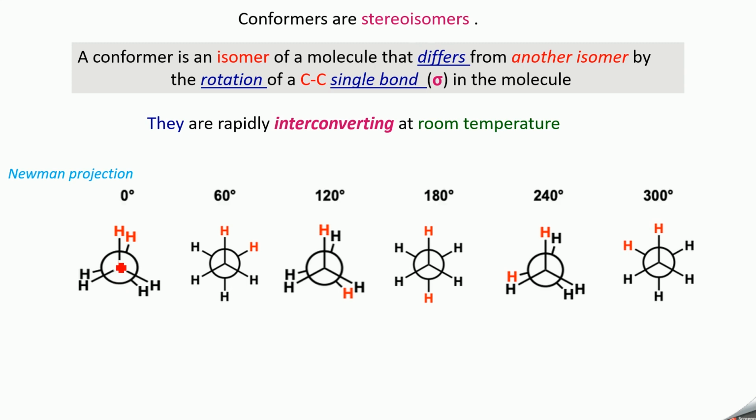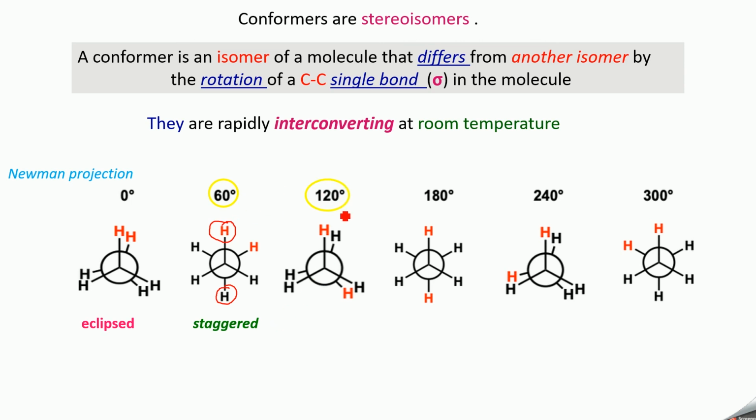So you are having this as 0 degree, where these two hydrogens are very close to each other, in the same line. So this comes under eclipsed form. When you rotate the back carbon by 60 degrees by fixing the front carbon, you are getting this one, where, since all are hydrogen, we can say that these two hydrogens are opposite to each other. Similarly these two hydrogens. So this form we call a staggered form.